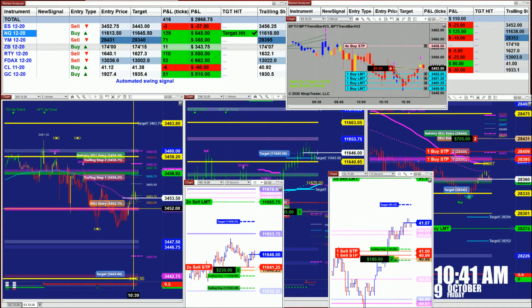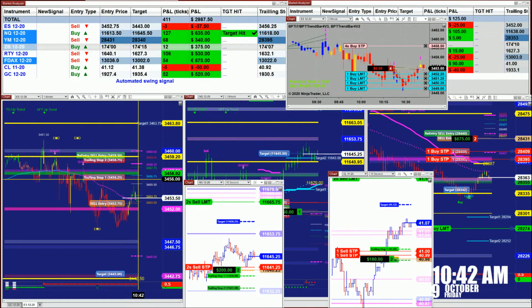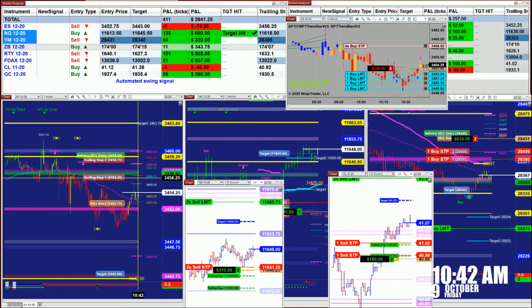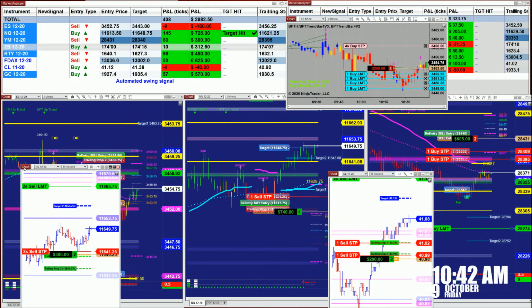If you are light-handed with your hands, there is a little scalping long from 53.50 to 56 level, and you have to be very light and quick with your hands when you are scalping the ES. But other than that, there is not much right now to chew on with the ES. There is a scalping, and once it hits the 56.25 level, the only option is to reverse your trade and go short, exit somewhere around 52.75. So if you're not very well trained to be light-handed with it,